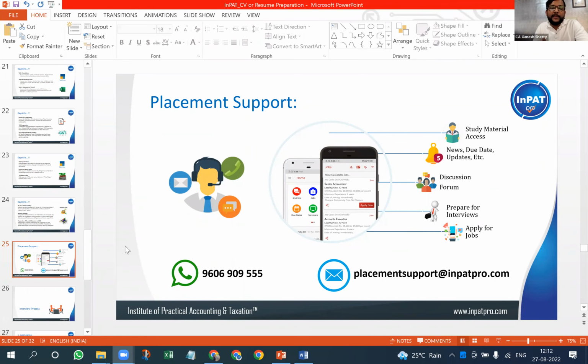Just applying in the InPAT app and keeping quiet will not be suggested. You have to apply in all the job portals: Naukri, Quikr, jobhay.com, there are so many job portals. You just have to first search for the job portals in India. Then you'll get all these portals and apply for all of them.